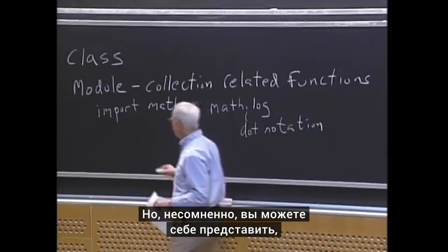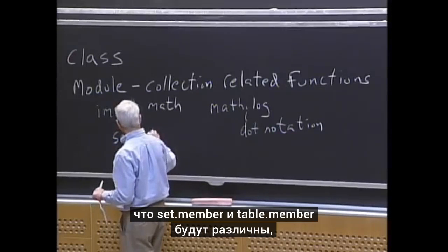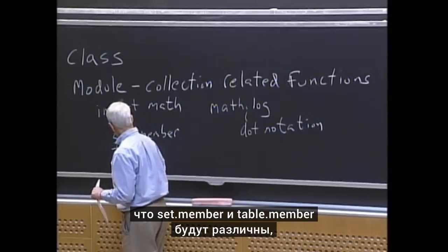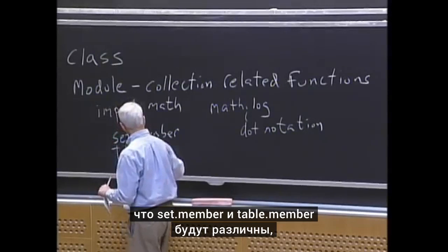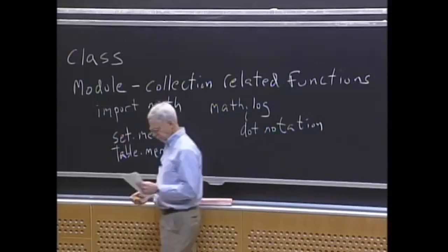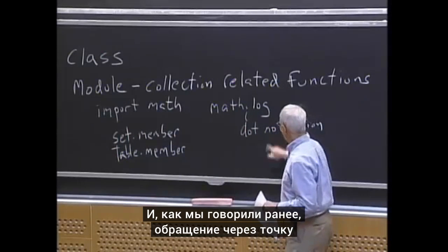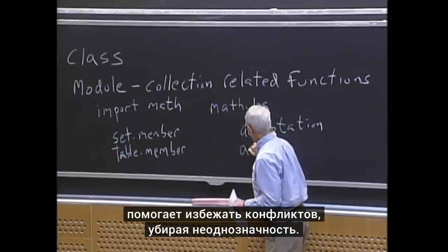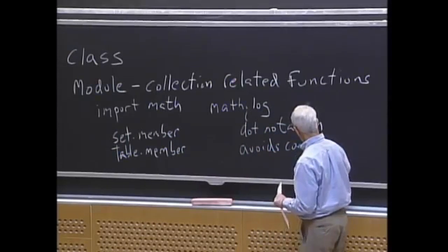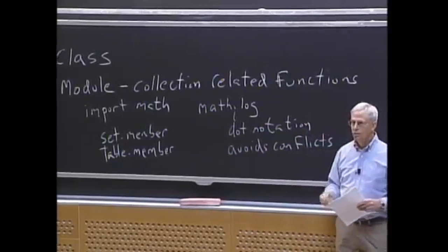But certainly you might imagine that set.member and table.member would be different, and that both might exist. And as we said before, the dot notation avoids conflicts by disambiguating. Okay,